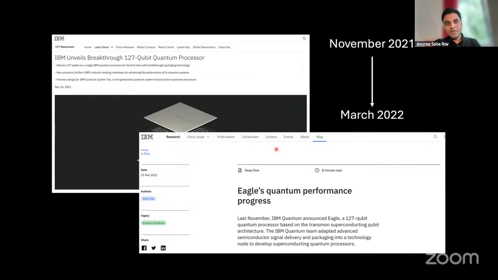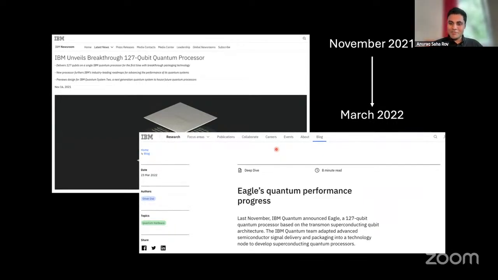So to give maybe some real life examples, I've been talking in vague terms. This is from a couple of years back. IBM announced their first 100 qubit plus device back in November 2021. But then it wasn't until March 2022, which is almost 6 months later, that you could actually use the quantum computer in the cloud. And this whole 6 months period is basically how long it would take you to calibrate and design all the gates on that quantum computer.